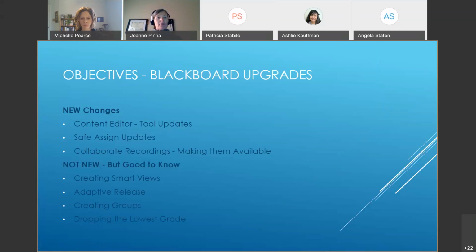We're also going to talk about some SafeAssign updates. Again, SafeAssign went through a huge update on how to see their reporting, and I'll talk to you about what it looked like before and what it looks like now. Collaborate recordings. Collaborate also has a new button, and I'll show you where that new button is to make your